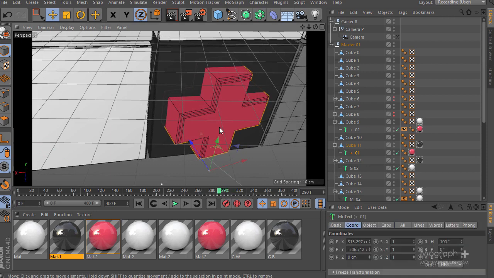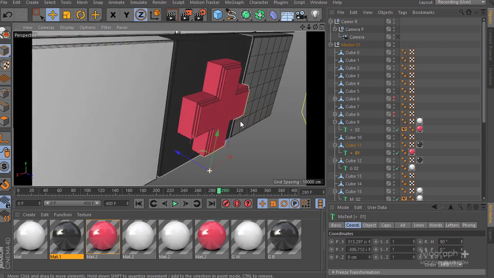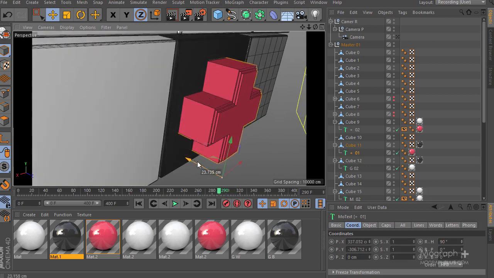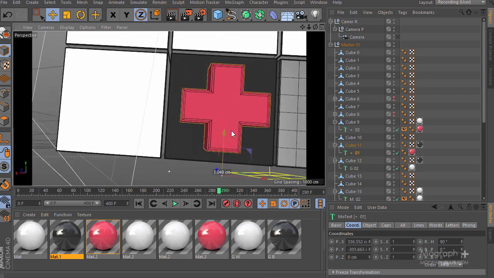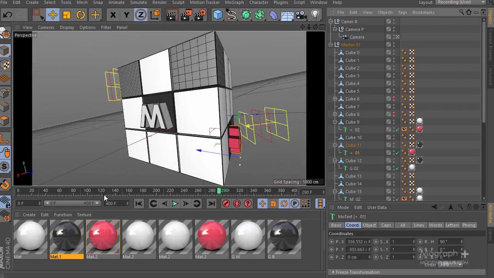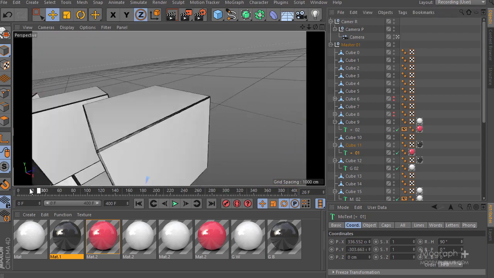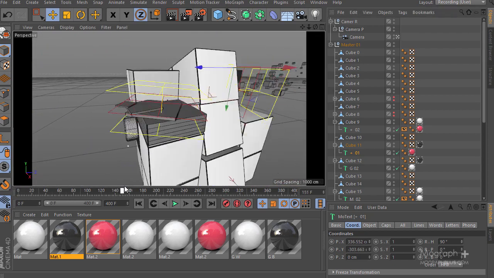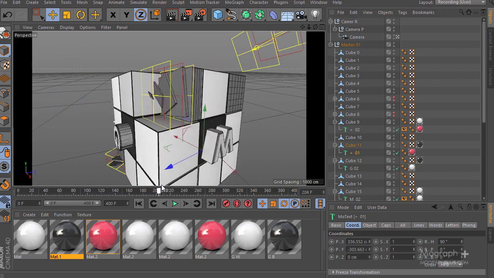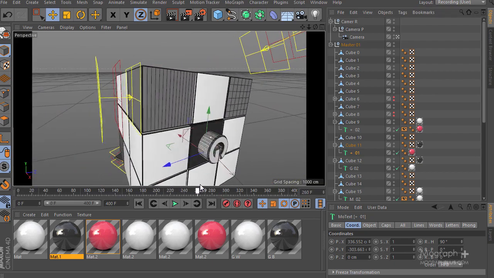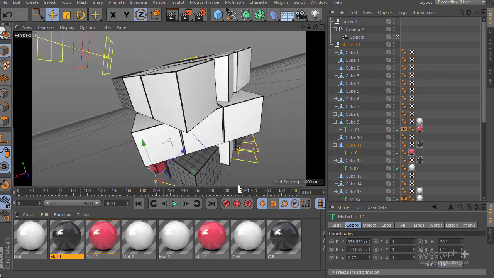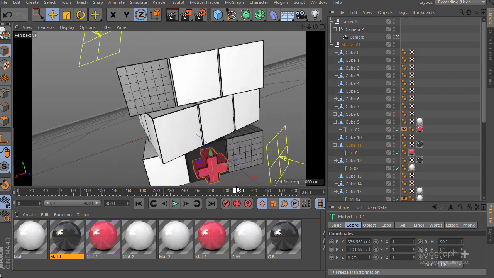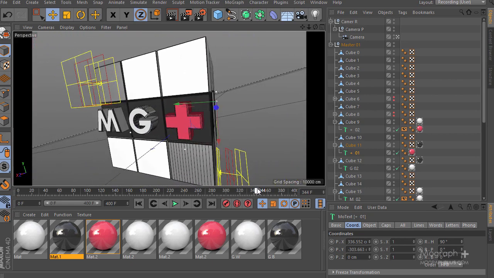Let's see. That wasn't 90, that was 100. Let me change it to 90 degrees. Okay, I think that's going to be enough. Let's go ahead to our camera, and now we have this M and the plus and the G separated. See, we got the G, we got the M here, and here we got the MG plus. Now what we want to do, even though they're going to disappear by themselves, but see here we got